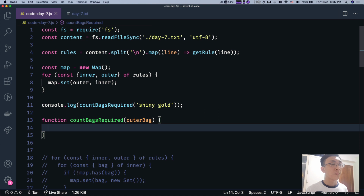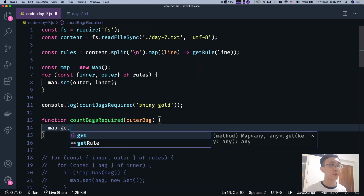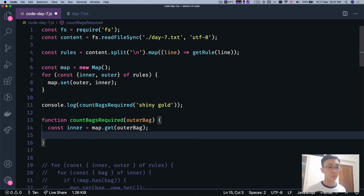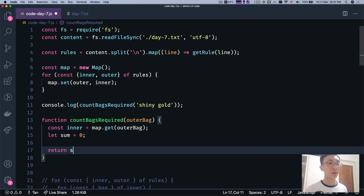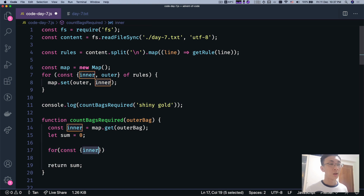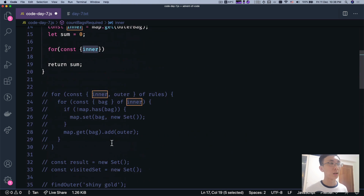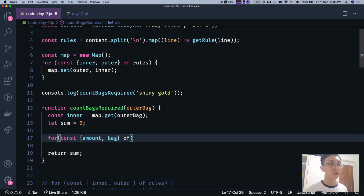Okay, so I'm guessing that the input is perfect, where I can definitely find this outer bag in the map, right? So this will give me actually the inner bag requirement. So I'm gonna sum all of that requirement, right? So I'm gonna have a sum equals to 0 and return it in the end, right? And we're gonna loop through inner because inner is an array, and inner actually has an object called amount and bag, right? So amount and bag of inner,